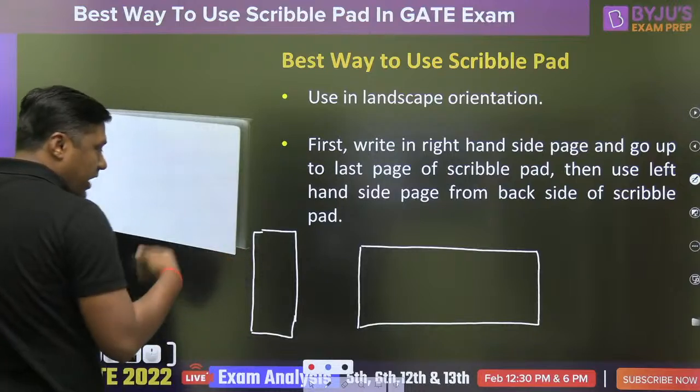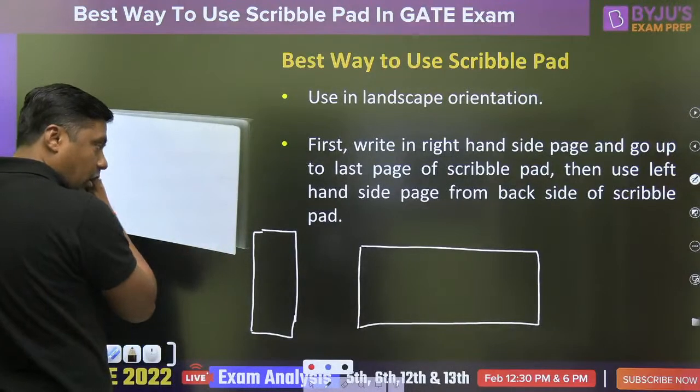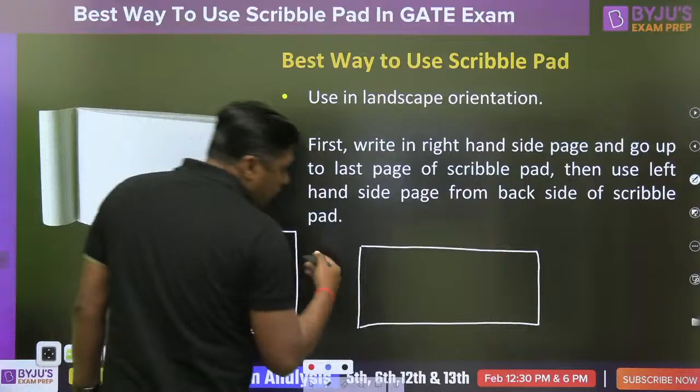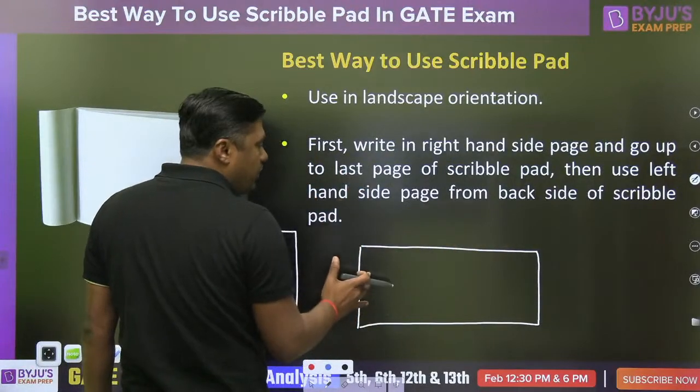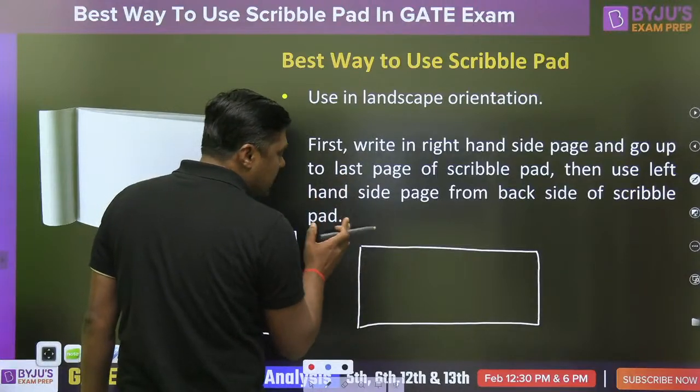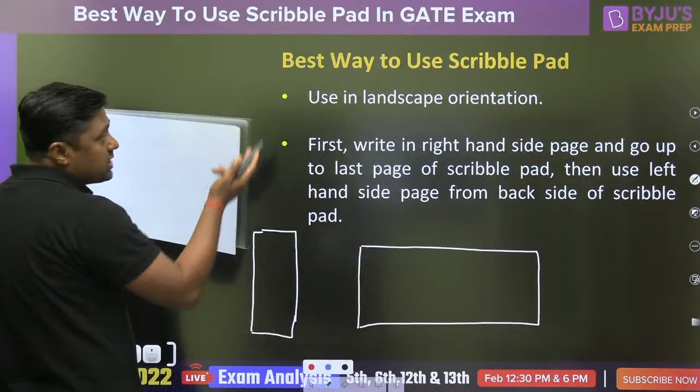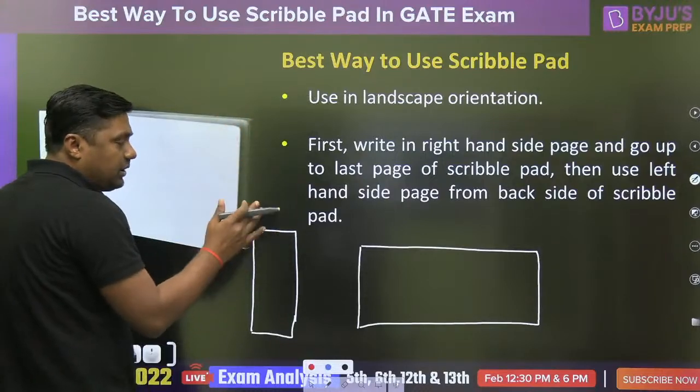So in this case we have to divide the page. I will just give the idea of how we can divide the page, or we can use it like this. We have a limited number of pages, that's why we have to use them efficiently. If you use the landscape orientation, then it is more comfortable. Second thing,